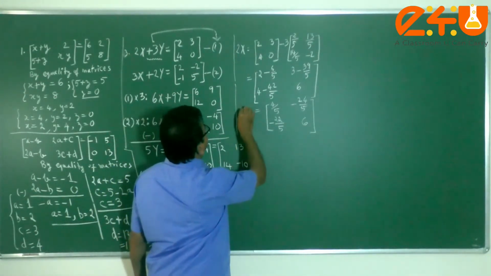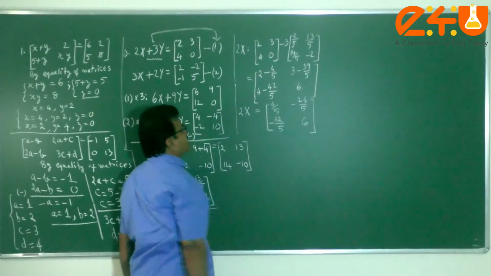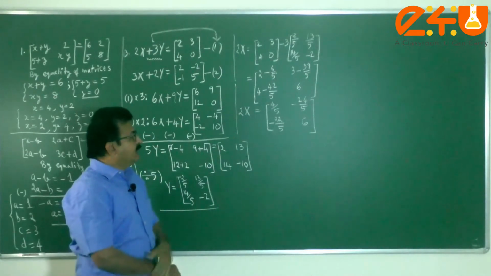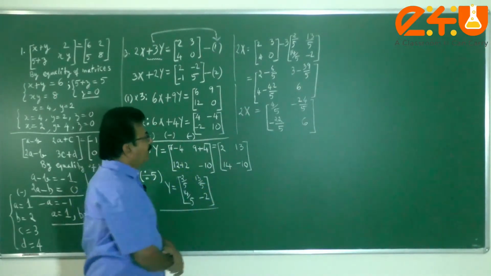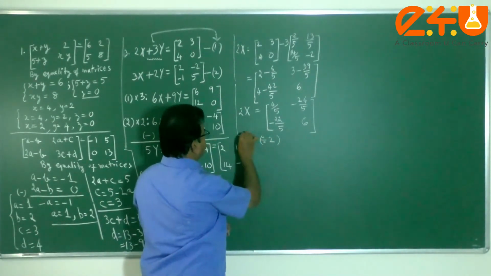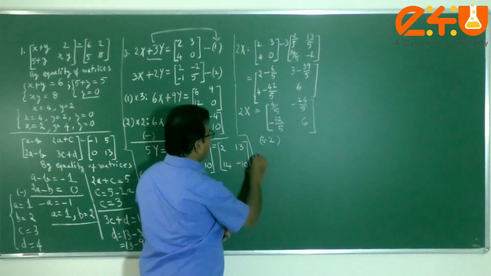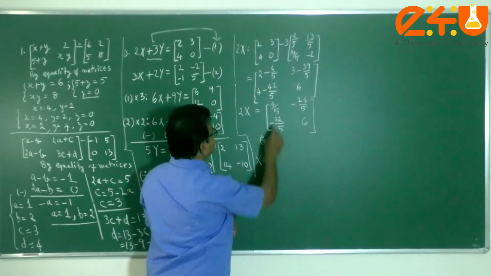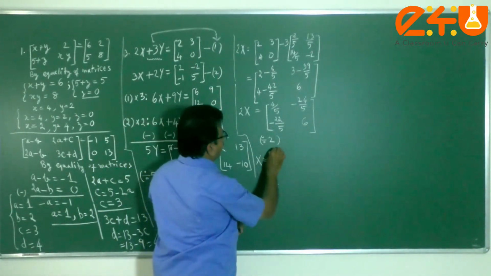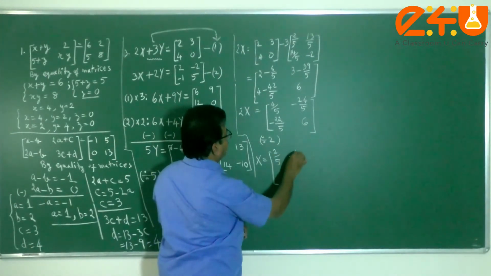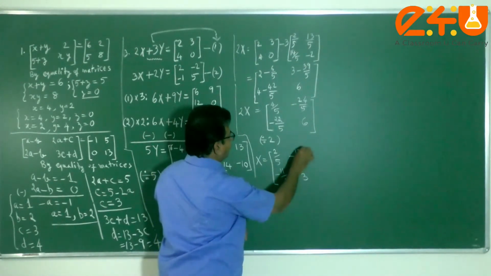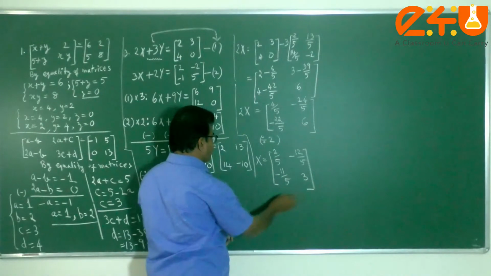But all that put together, it makes twice x. It is x matrix multiplied with scalar 2. Still it is not x matrix. So in order to obtain x matrix, what I do, divide by the same scalar on both sides. Then I get x matrix, which is divide every element inside the matrix by 2 also. What you get is 2 by 5, negative 12 by 5, negative 11 by 5, and 3. So that is the matrix X.